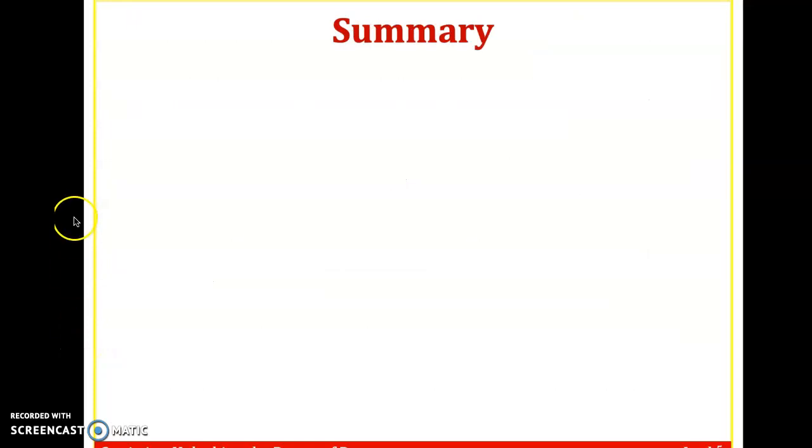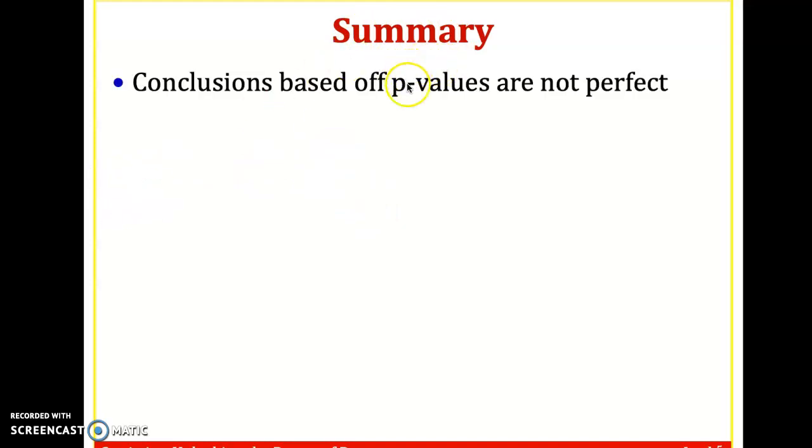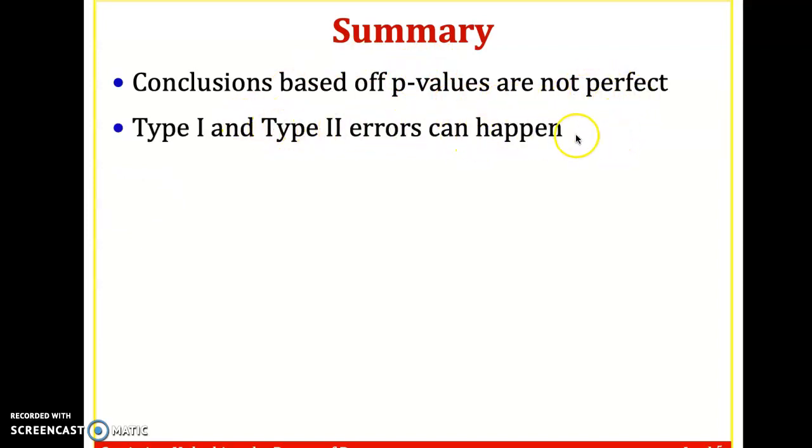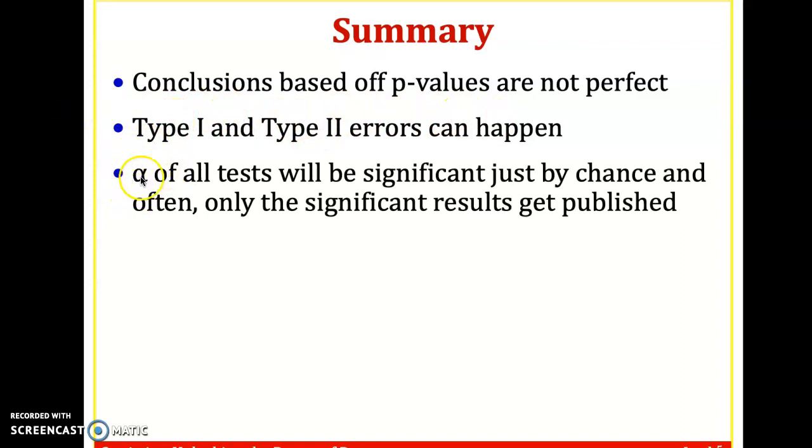Okay, so just a quick summary. I like this section because this is getting to the gray area of hypothesis tests. They're very, very important. They give us a lot of information, but there are a lot of conditions. The conclusions based off p-values are not perfect. Type 1 and type 2 errors can happen, and they often do happen, especially if you're just doing one test. Your significance level alpha is the probability of all tests that will yield significant results just by chance. And oftentimes only the